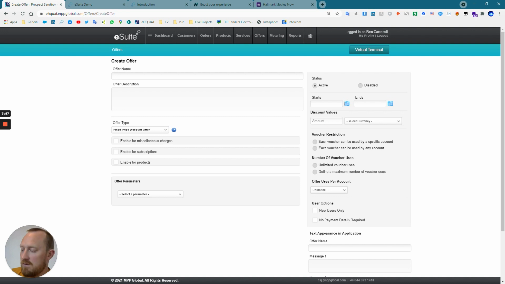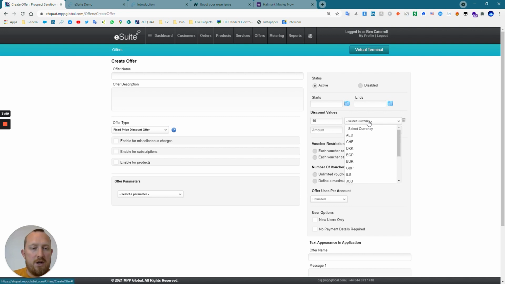Choose the value. This is a fixed price discount, so I choose 10 euros, but I could just as easily add £12, $15, $8 Canadian. One code, many currencies can be supported, minimising the admin overhead for your marketing team. We can also configure the usage of the code, so choose that it can only be